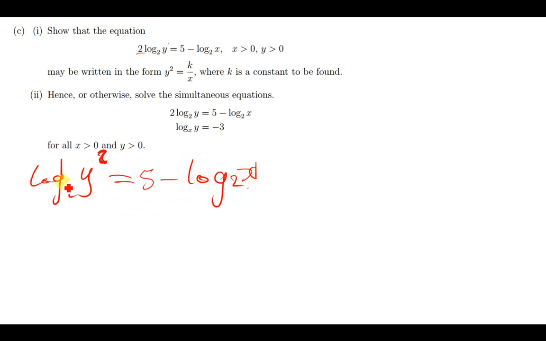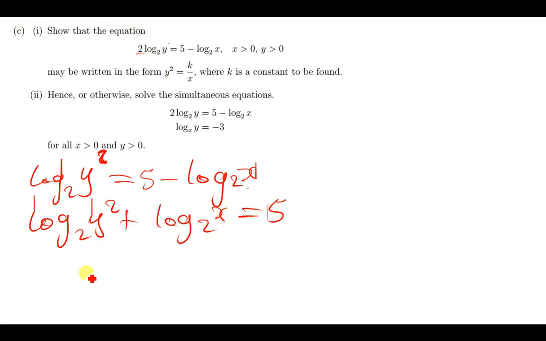So we can take this log to the other side of the equal sign. So meaning we're going to have log y squared base 2 plus log x base 2 is equal to 5. So when you're adding two logarithms, it means that there is a multiplication. So this can also be written as xy squared, when we're multiplying this and that, base 2 of course, so we have base 2